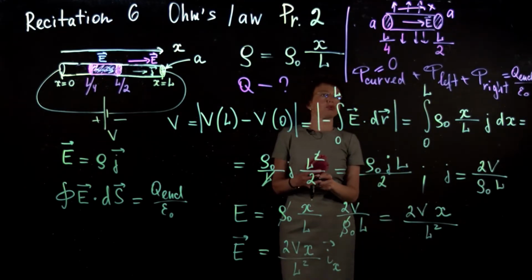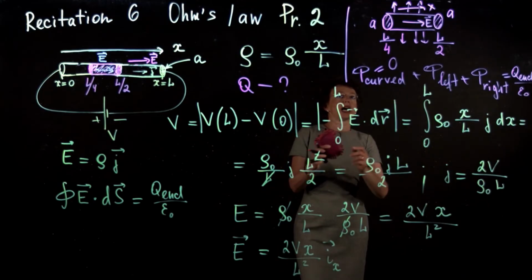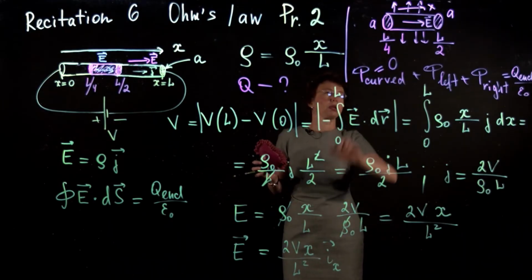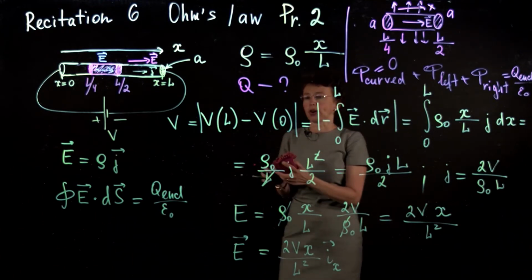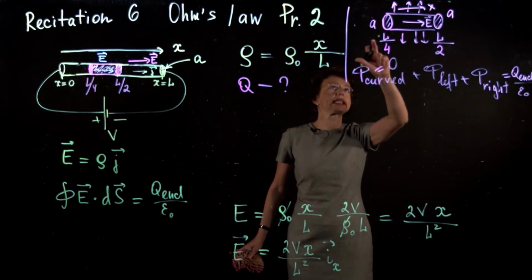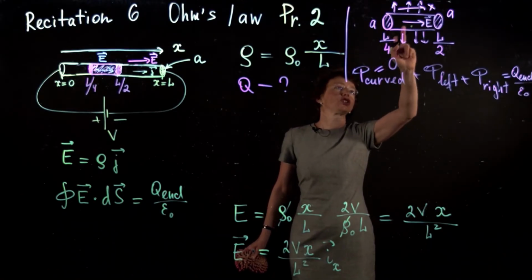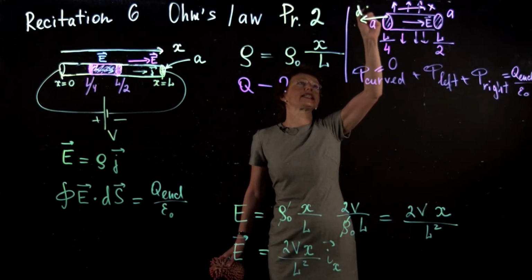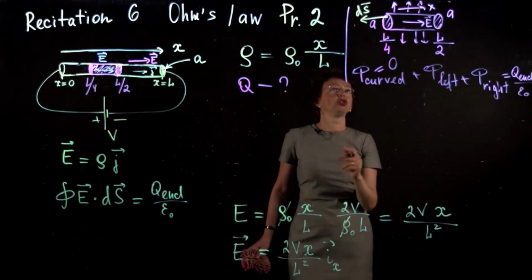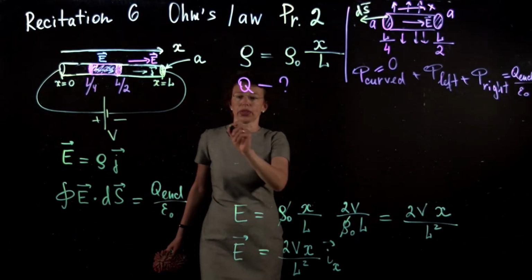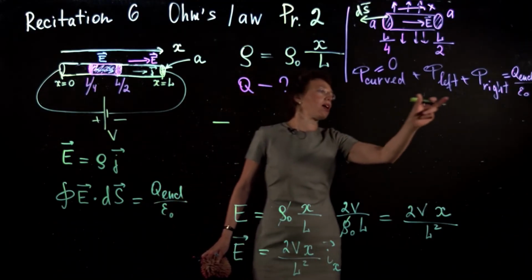So what is the flux through this left surface? First of all, we need to find the electric field through the left surface. Do we know the electric field? Yes, we use this formula. We know the area vector, so we can find the flux. So phi left, that's what we are writing now. The electric field is to the right. Area vector ds is to the left. Dot product E dot ds is negative. That's why I put minus for phi left.